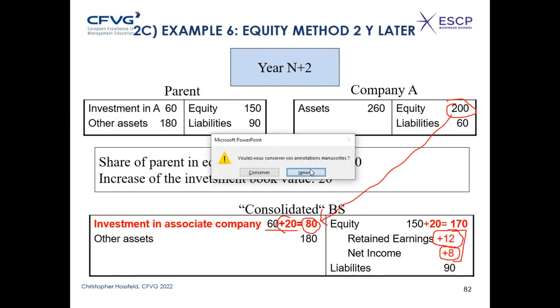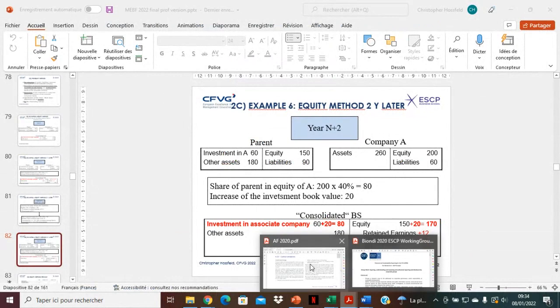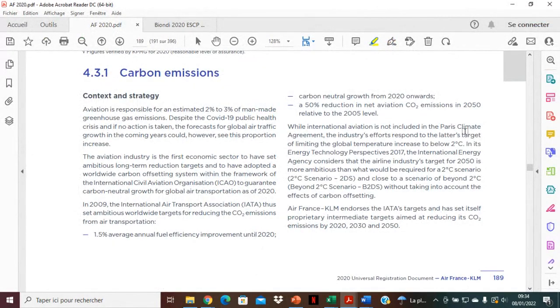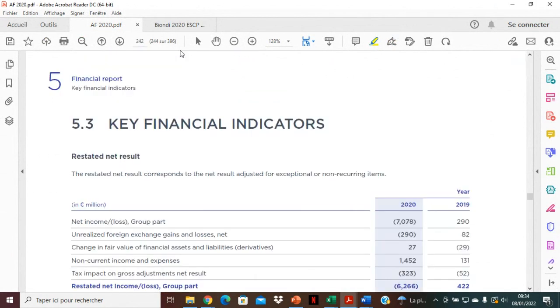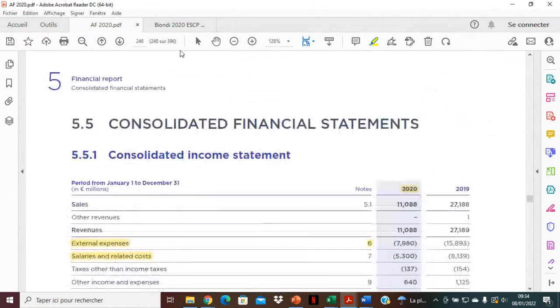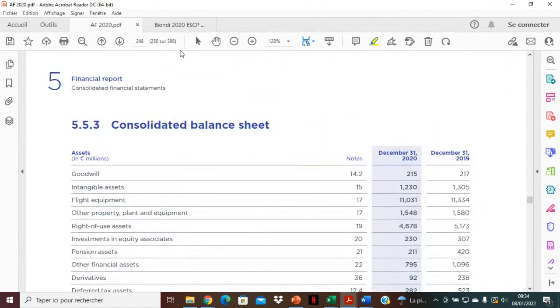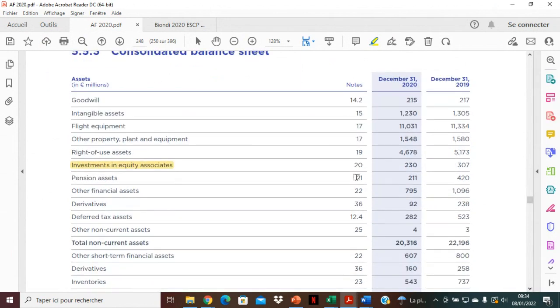So let's have a look at the balance sheet and income statement of Air France to see where this is. Well, not here, obviously, but a little bit later. Here we are. So in the consolidated balance sheet, see here we have a line investment in equity associates. So that's the name they chose. And that means here now I can see that on this line and on this line only, Air France used